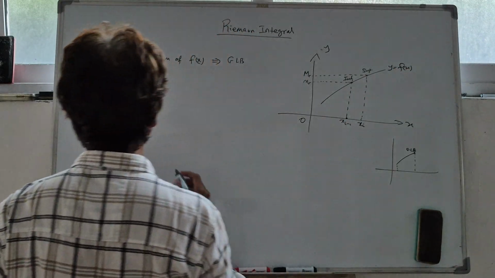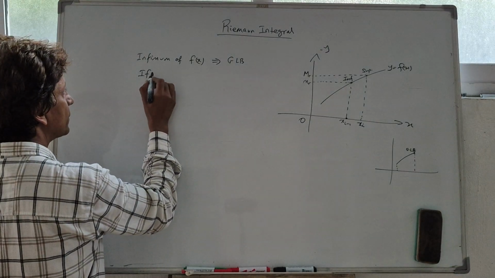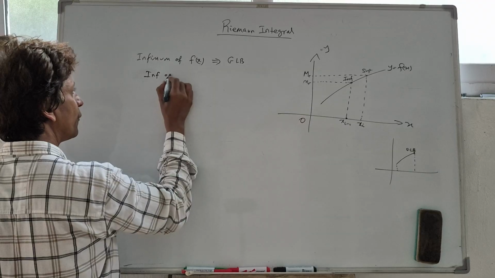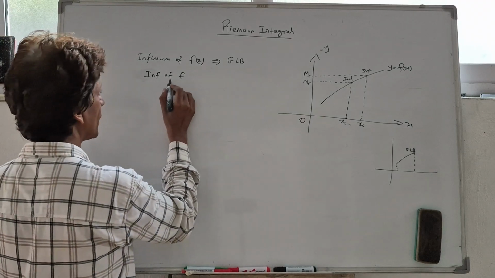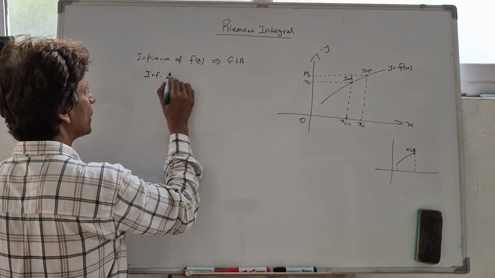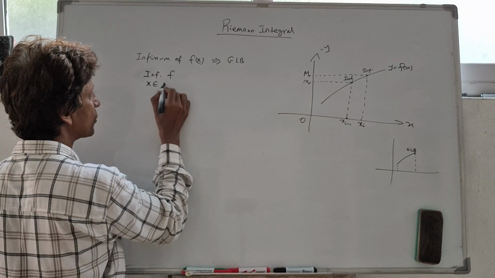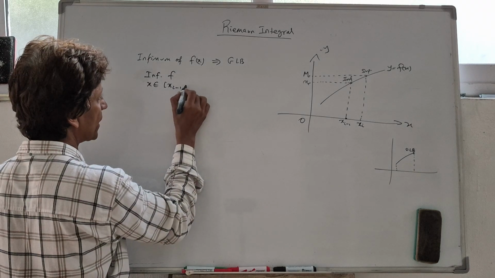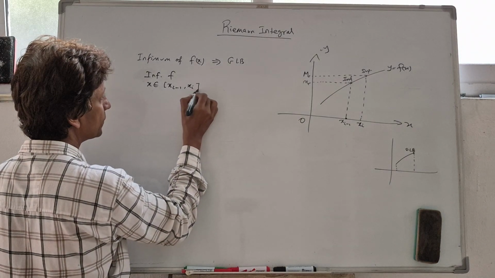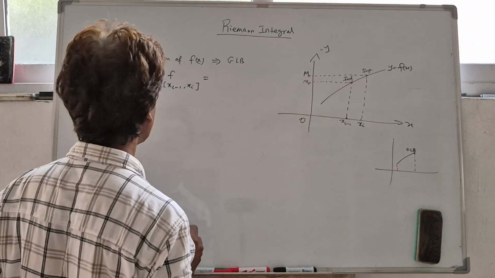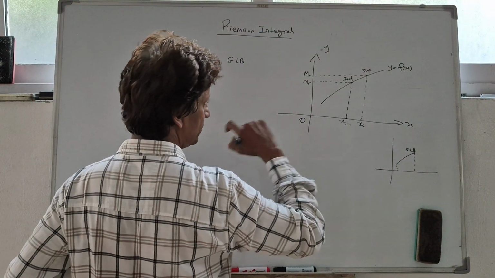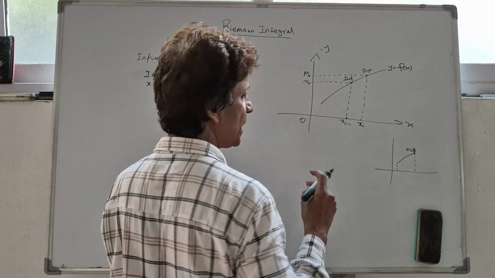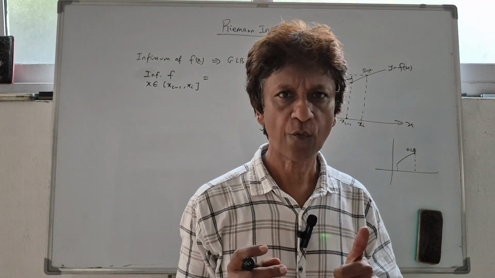And so the infimum of f, you just call it like this: infimum of f, where x belongs to the sub-interval x sub i minus 1, x sub i. This infimum is given by